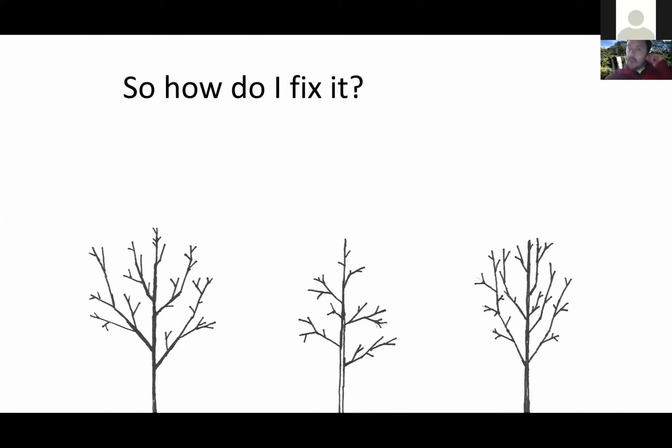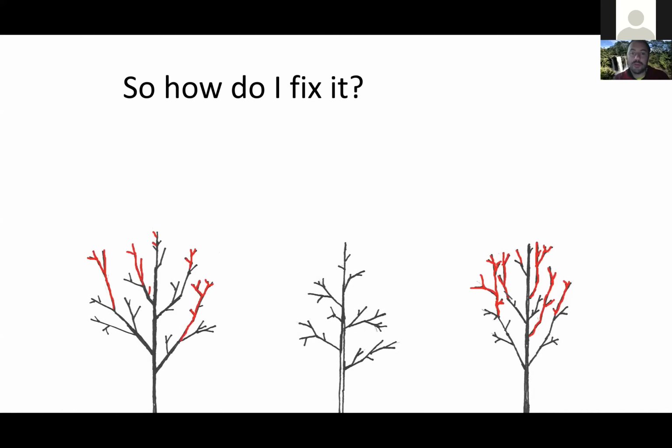Hopefully everyone has had a chance to at least form some thoughts. I'm going to flash the screen ahead and show you what I would have done. So let's talk about the tree on the left first. We had competing leaders. I'd say these are competing. This one's not really competing, but it's a large lateral branch. That's also a problem. I'd also say that in addition to competing with the leader, this branch is a little large. So I picked a leader, in this case, this one, and